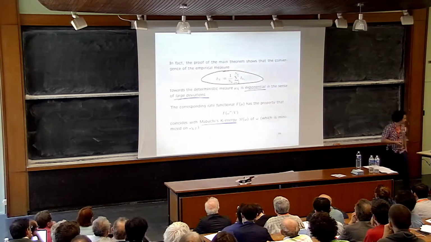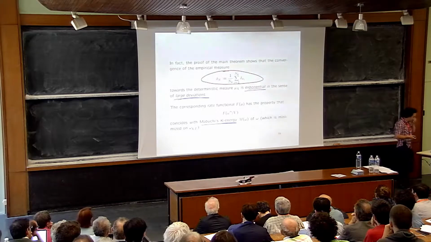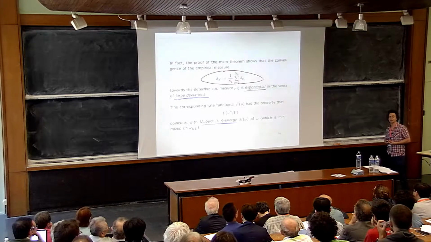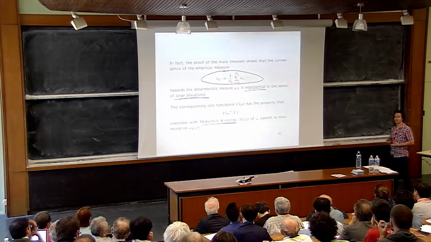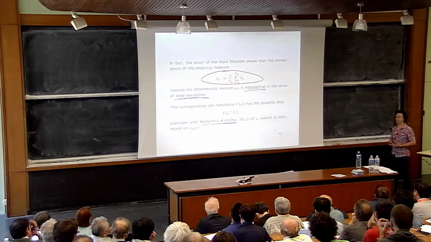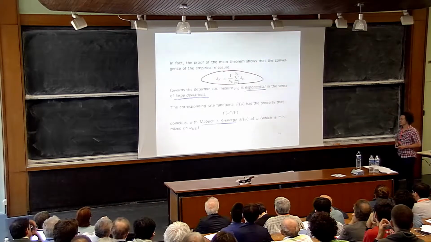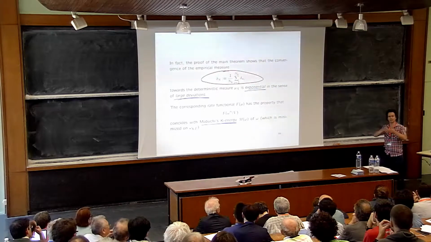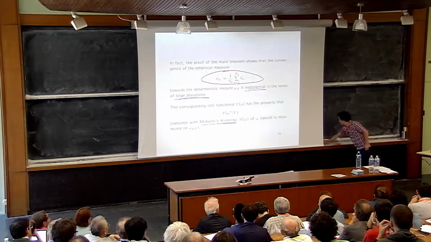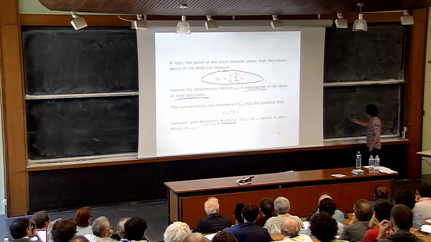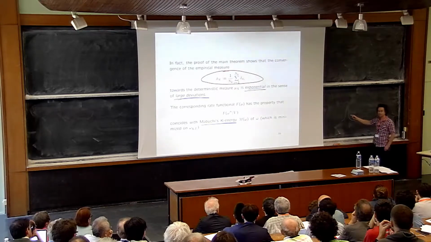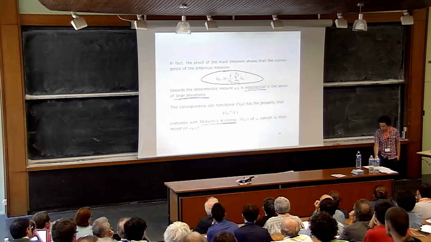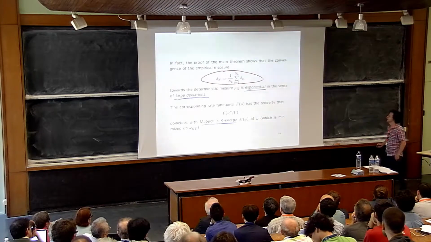Right, so the proof of the theorem really shows something which is much stronger. It shows that the convergence towards this deterministic limit is really exponential in the sense of large deviations. So what that means is, it's like when you approximate the Dirac mass by some bump functions, then you can ask what the profile looks like. And the large deviation result really tells you what the rate function of this profile is. And it turns out that